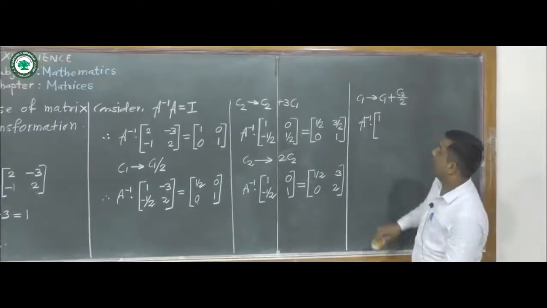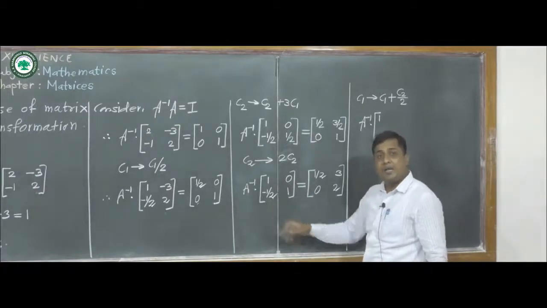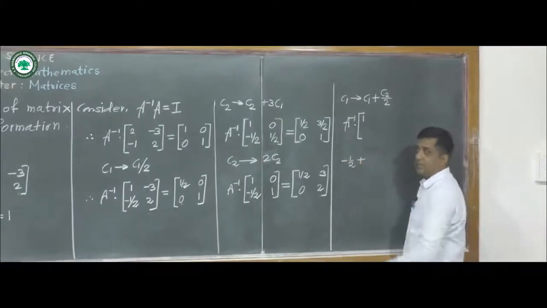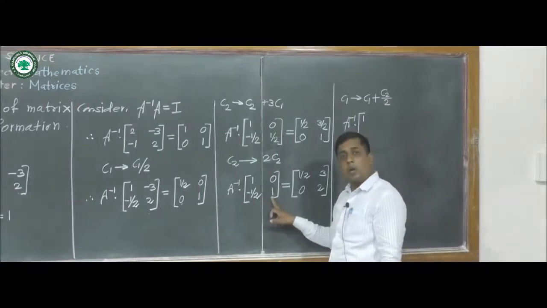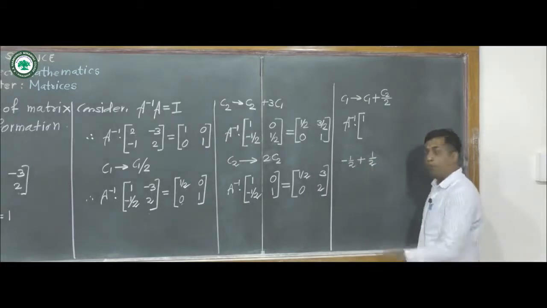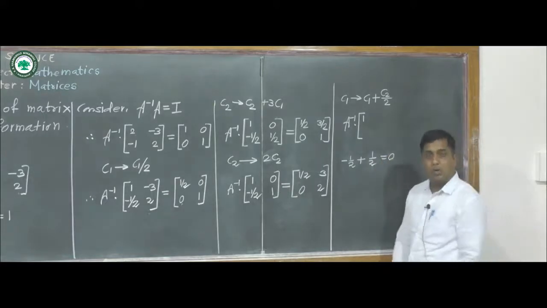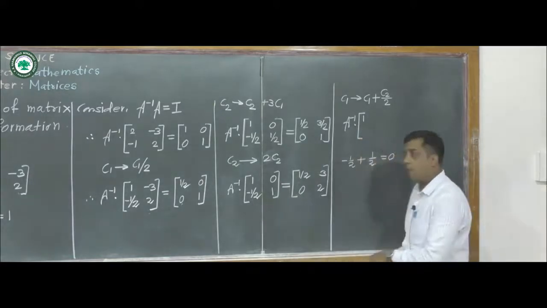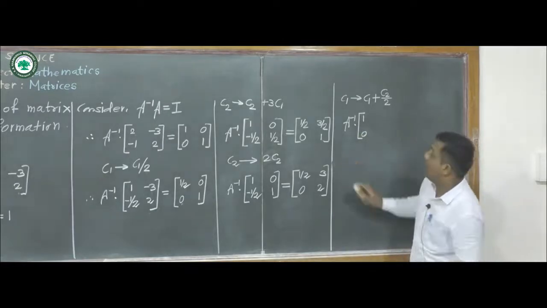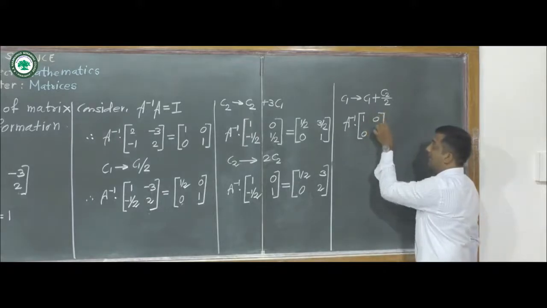Next, minus 1 upon 2 is given, that is the second element is minus 1 upon 2, minus 1 upon 2 plus the second element from column second, which is 1, so 1 upon 2, and we know minus 1 upon 2 plus 1 upon 2 is 0, so in the position of minus 1 upon 2 we get 0. Now we keep our second column as it is, so 0 1 as it is.